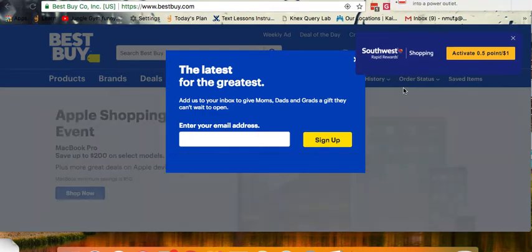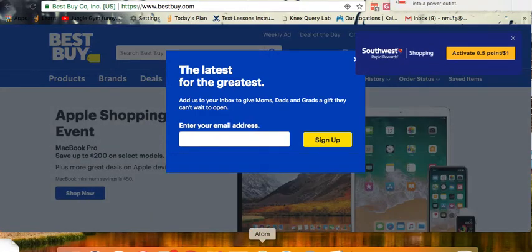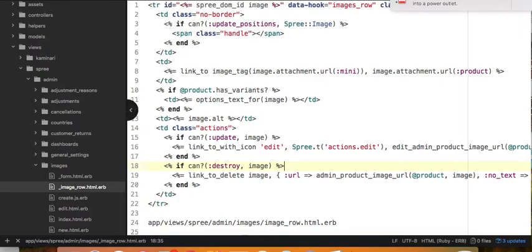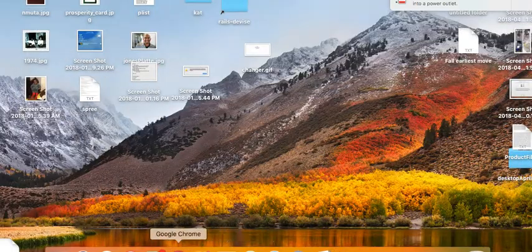In general, you don't want to be console logging. I know my battery's low. I'll switch over. But in general,